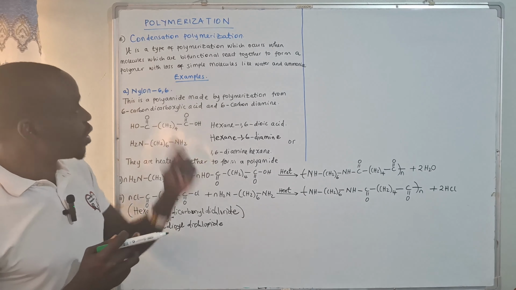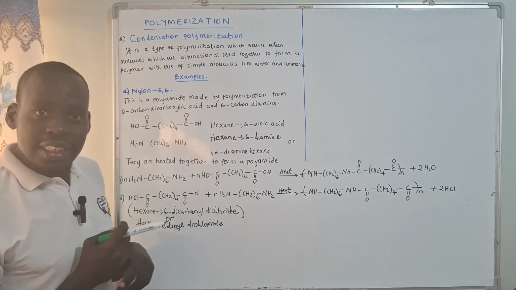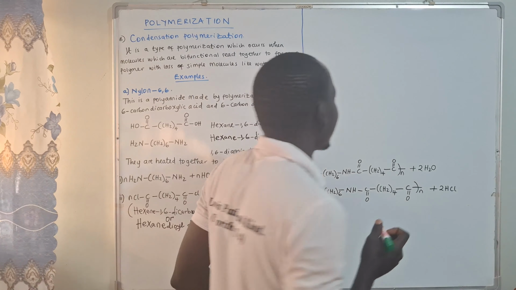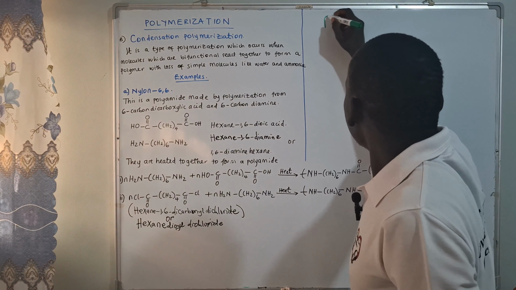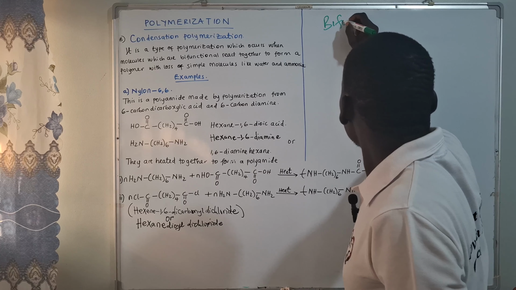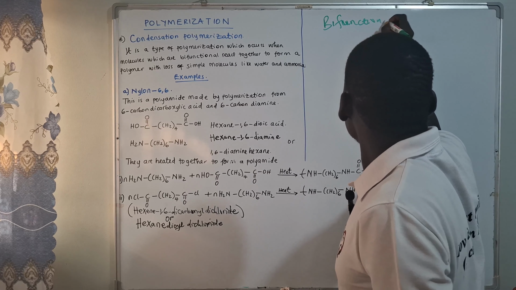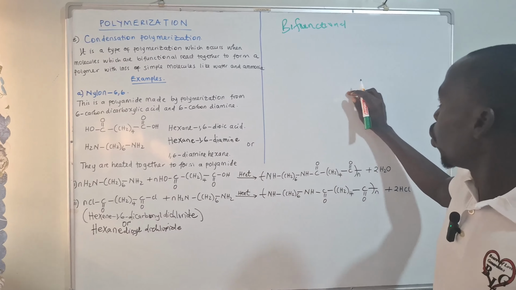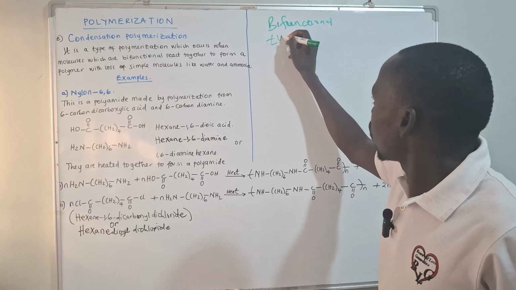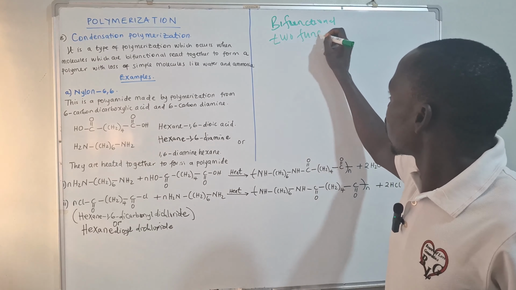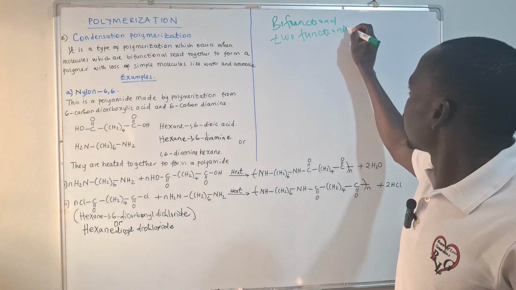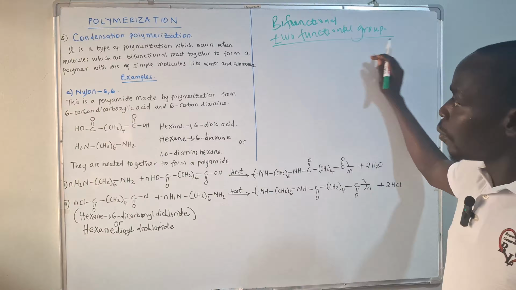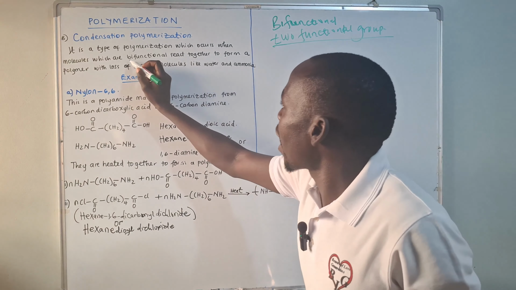But here now, when we say condensation polymerization, it is that type of polymerization where these molecules are bifunctional. Now we need to be very careful here when we say bifunctional. Those monomers which have, let's say, two, they mean two functional groups. That's what they mean. So these molecules which are bifunctional